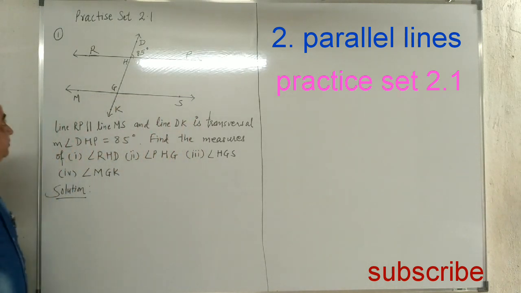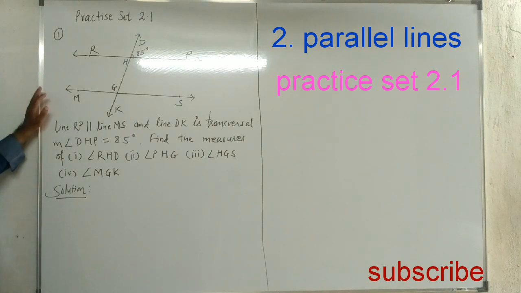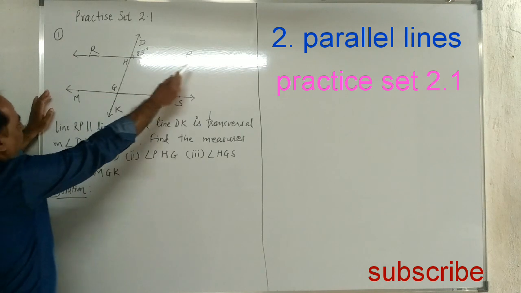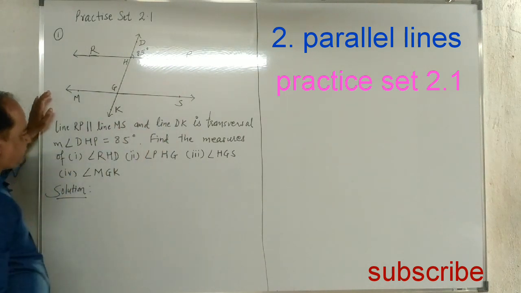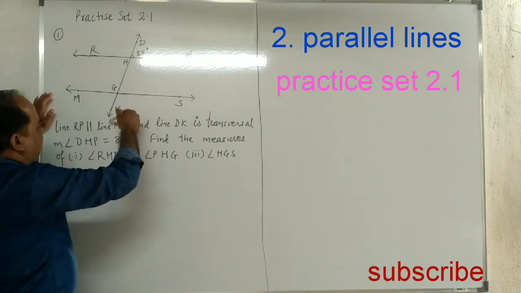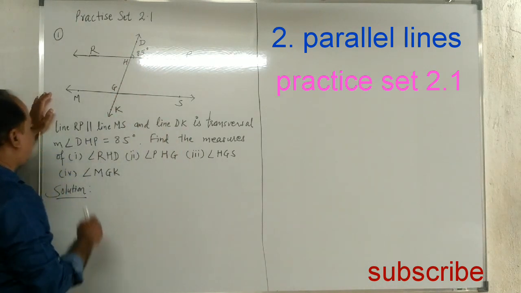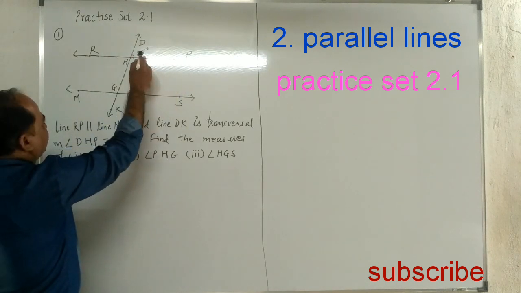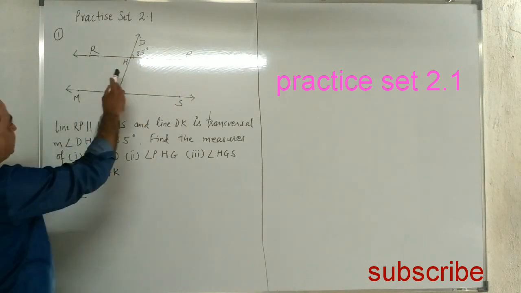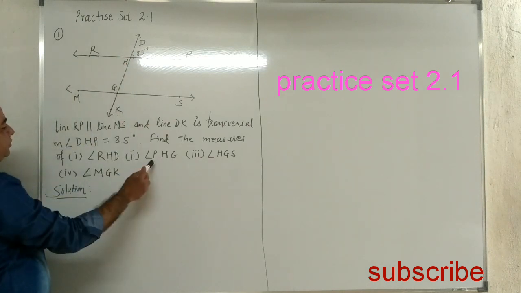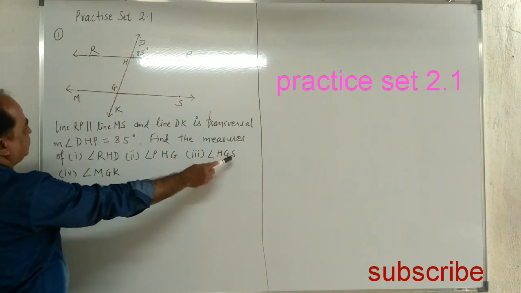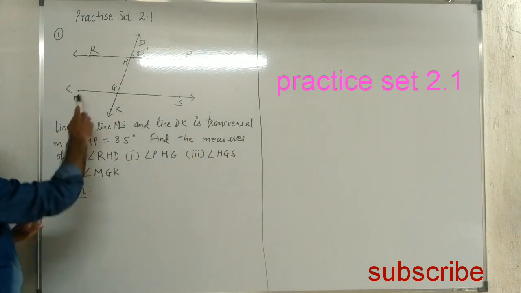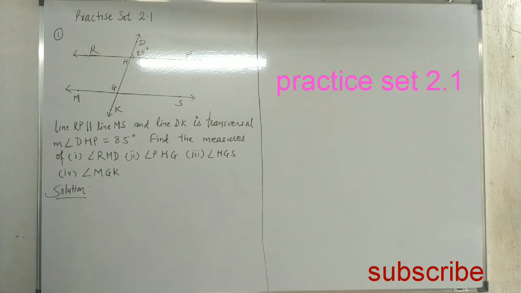So the first example is: in the given figure, line RP is parallel to line MS, line DK is the transversal, and measure of angle DHP is given as 85 degrees. Find the measures of angles RHD, PHG, HGS and angle MGK. So using the theorems, interior angle theorem, corresponding angle theorem, alternate angle theorem, here if the